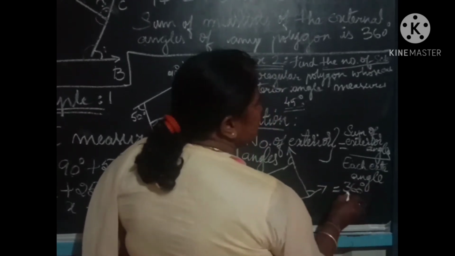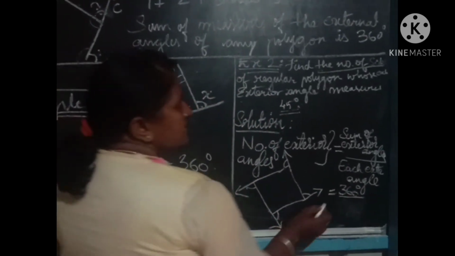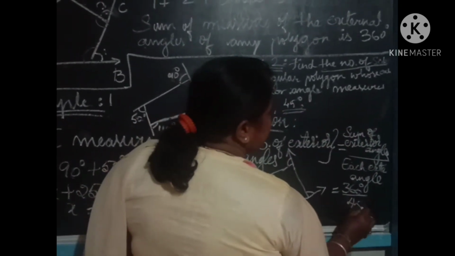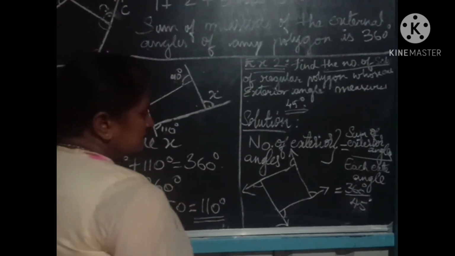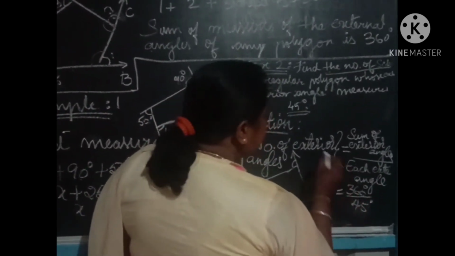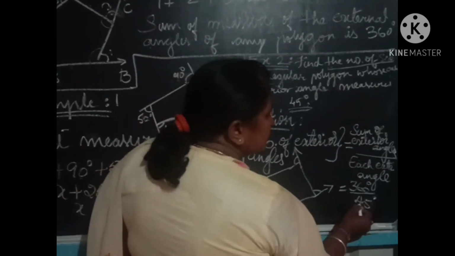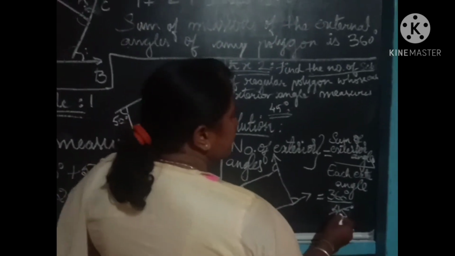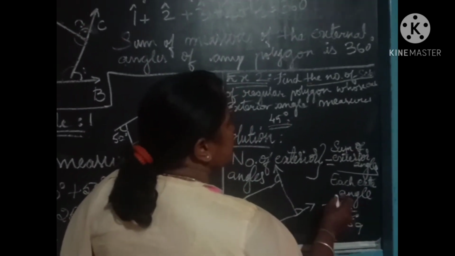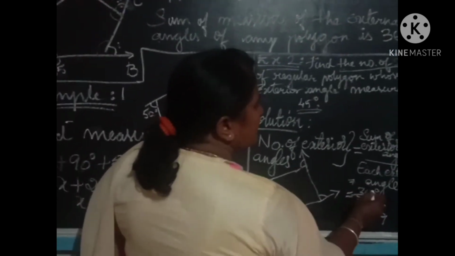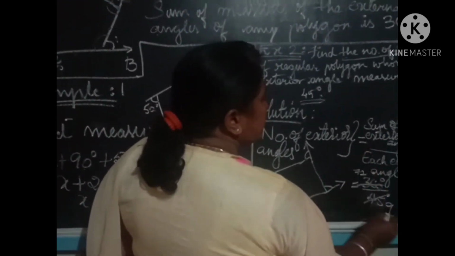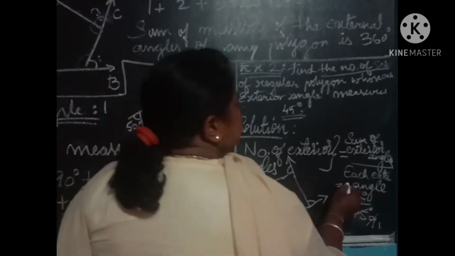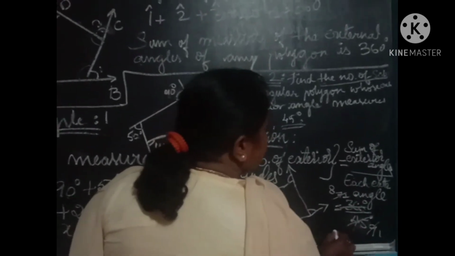Okay children, now the sum of exterior angles is equal to how much? 360 degrees. Yes or no? Divided by each exterior angle, how much have they given here? 45 degrees. Divided by 45. Now let us find out how many angles we'll get here. 45 and 360. Let us take the 5 table. 5 9s are 45. 5 7s are 35. 1 remains. 5 2s are 10. Again from 9 we can divide. 9 8s are. It's nothing but how much you get here?